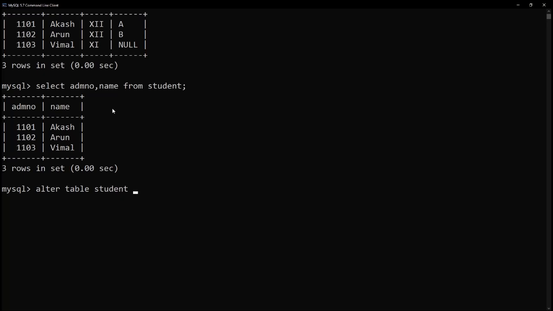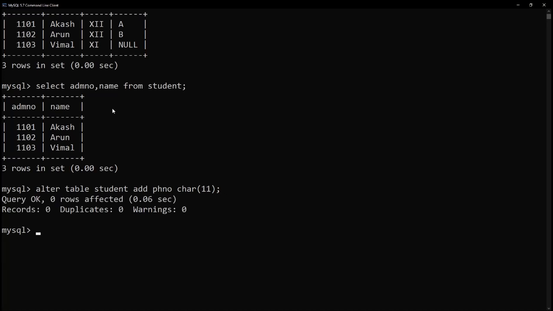And what are we trying to do now? We are trying to add a column. So we have to tell add. The name of the column I want is phone number. So let me give PHNO. And what is going to be the data type? I can give it as character of 11 because I know they're not going to do any mathematical operations with that number. The phone number is just a number, that's all. It is not an integer in its whole sense. So we normally will save it only as a character. And then give a semicolon. It will tell no duplicates, 0 rows affected.